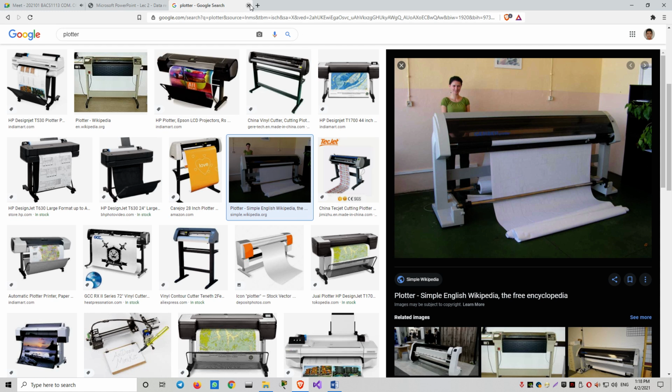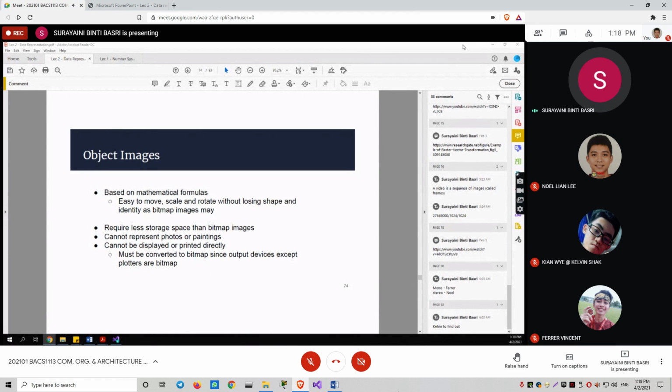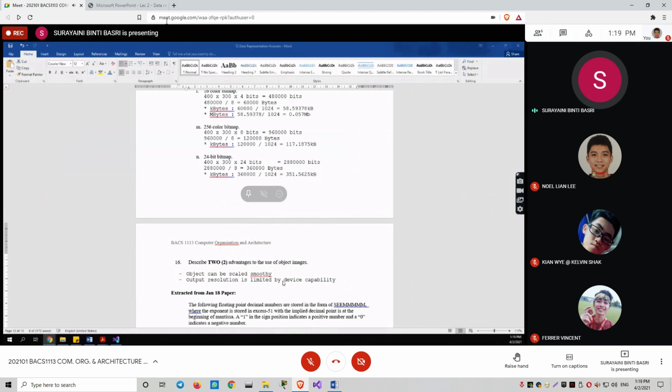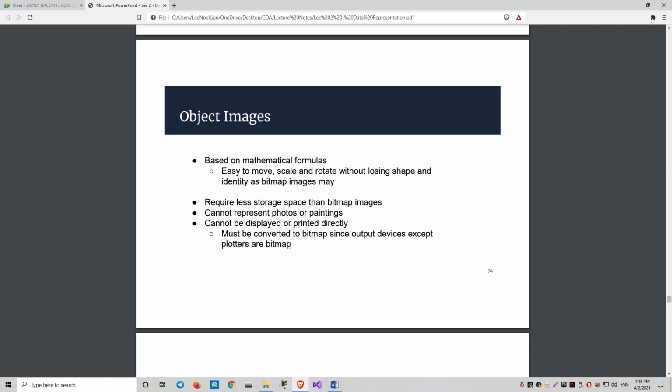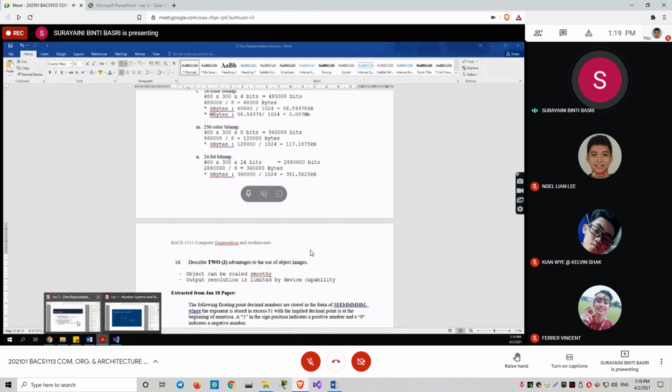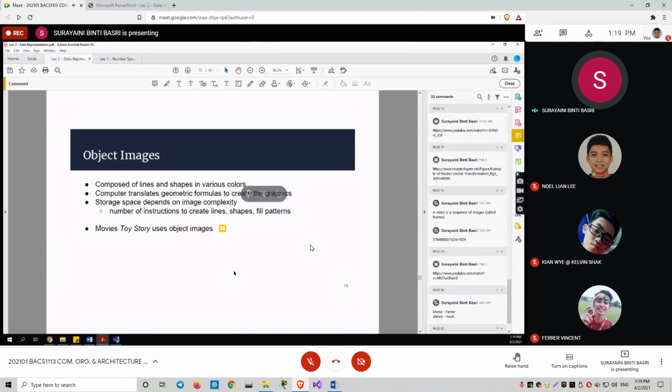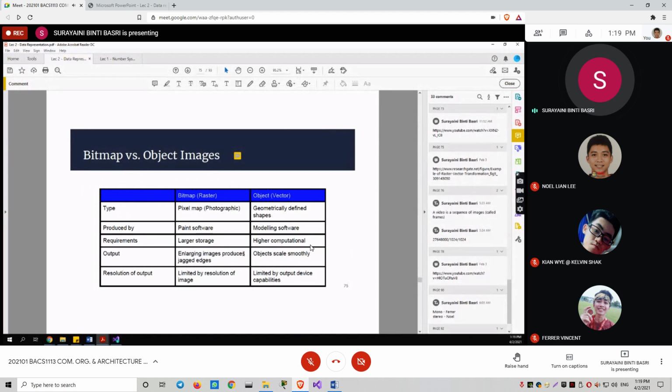Okay, so you can see the answer in slide 74. Output resolution is limited by device capability. So the output resolution also cannot be printed. The output resolution can also be limited by device capability. If you see in this one, it says the resolution of the output is limited by the output device capability because